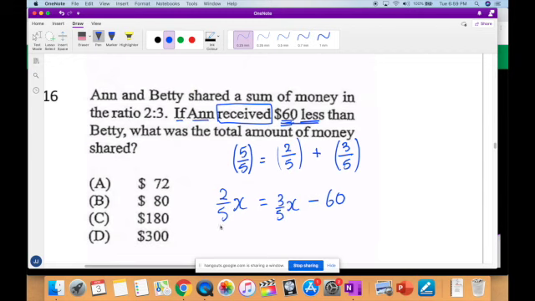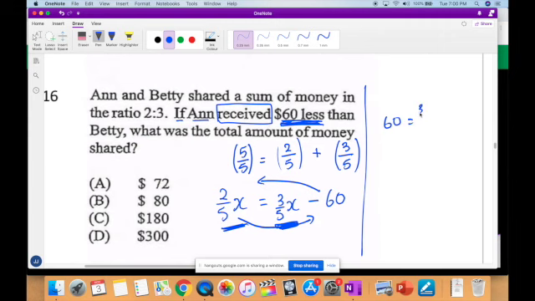So Anne has 2/5 of the total, right? And the amount of money that Anne received is $60 less than what Betty received. So this is what Betty received, and what Betty received minus 60 gives me what Anne received. So now we have a little piece of algebra here that we can easily do. Let's just throw this 60 across here, and I'll throw this 2/5 across here. So now I'll have positive 60